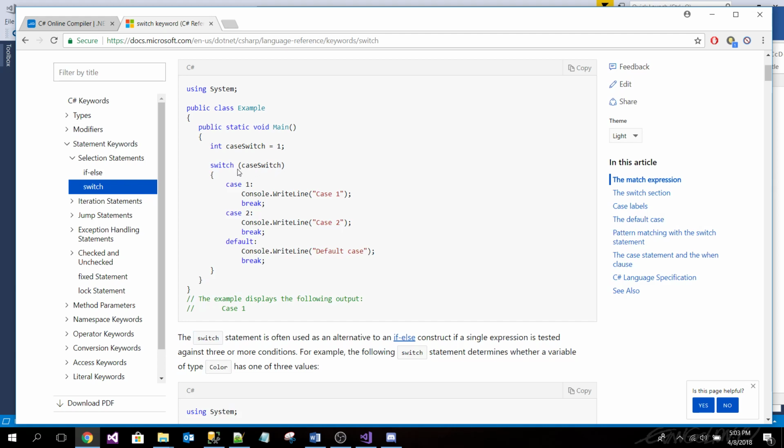This says switch on whatever this is, and if it happens to be 1, then perform this. If it happens to be 2, then perform this. If it's anything else, that's the default case, which is like the else.